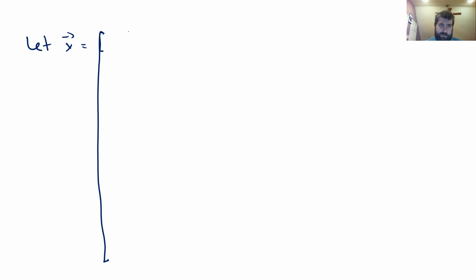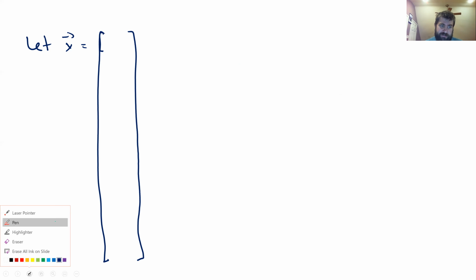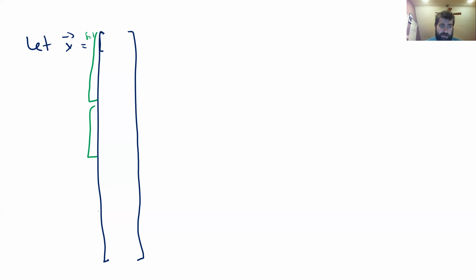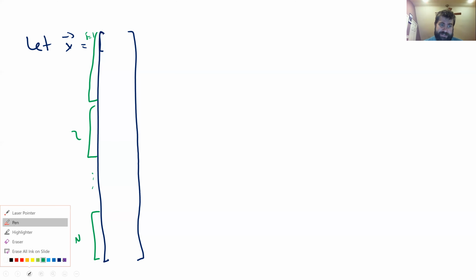So define this as a column vector. And we are going to do the same kind of division that we had just done. We're going to break this into blocks, i equals 1, i equals 2, to i equals n. And inside each of those blocks, we're going to make the same classification